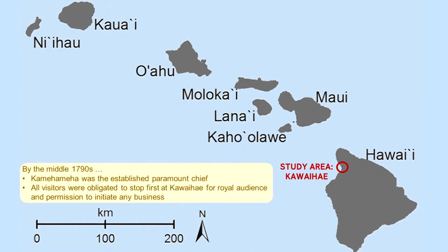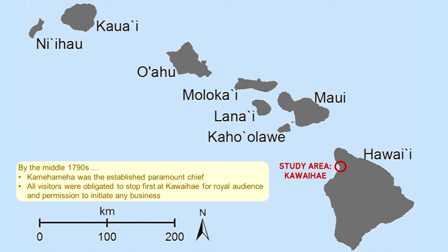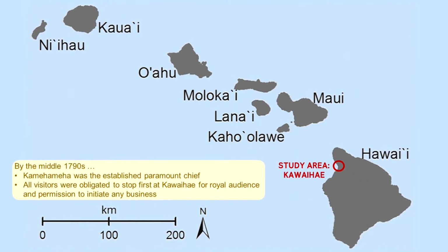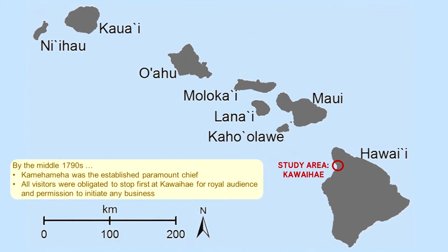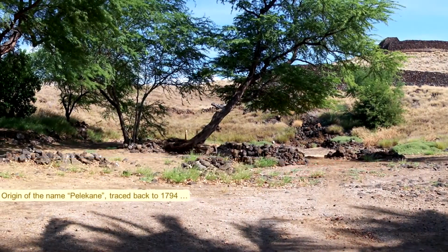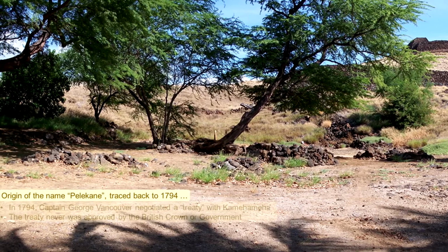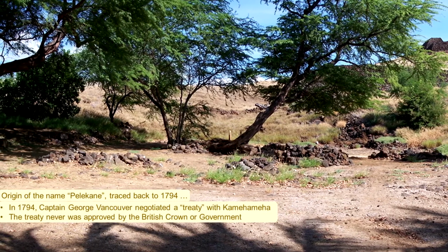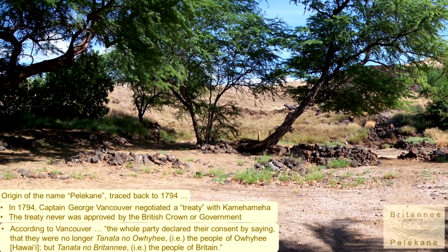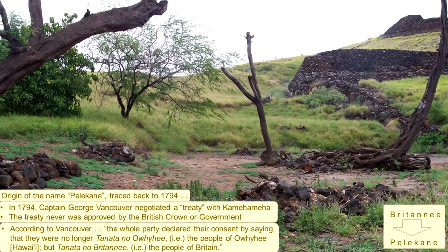Foreigners, such as Captain George Vancouver, were obligated to stop first at Kawaihae for an audience with the king, or later with his son, Liholiho, in order to initiate any business in the islands. In 1794, George Vancouver negotiated a treaty with Kamehameha, who then declared that the people of Hawaii were now people of Britain, or Brittany. The spoken Hawaiian version of Britain or Brittany has become known today as Pelikane, and Pelikane